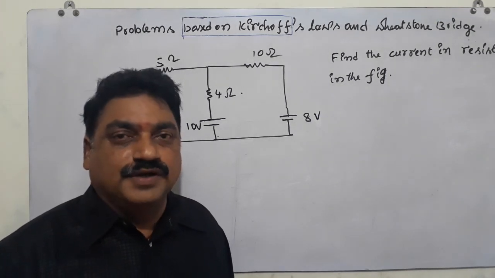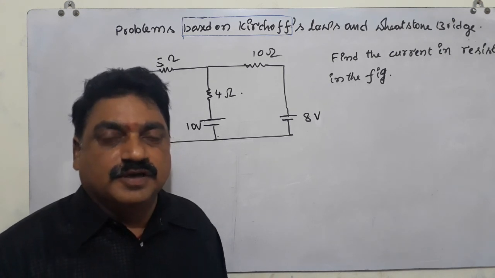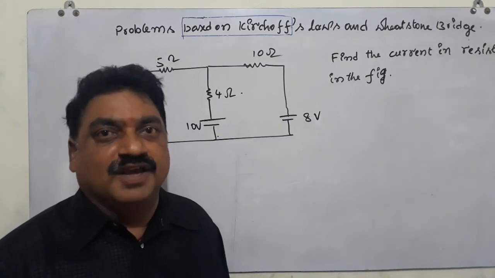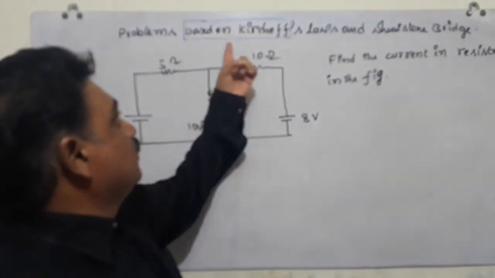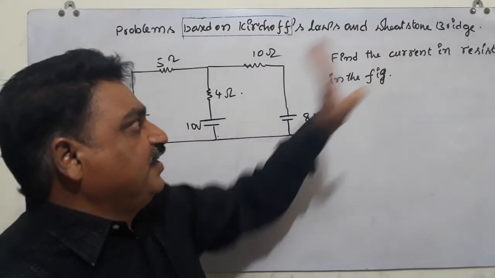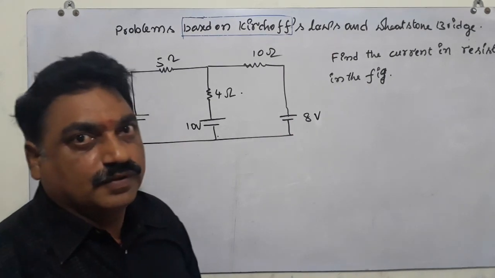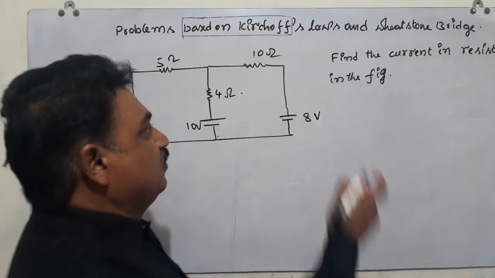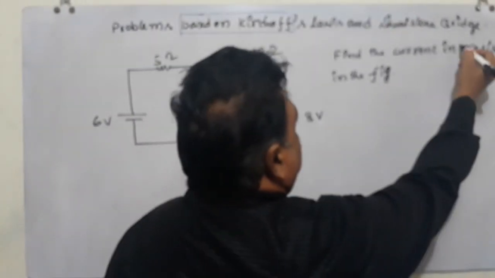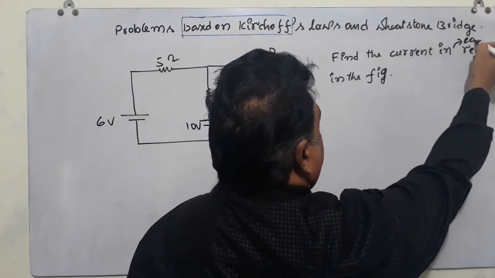Today we are going to discuss important models at NEET level in Kirchhoff's laws and Wheatstone bridge. See here in this problem, find the current in each resistor